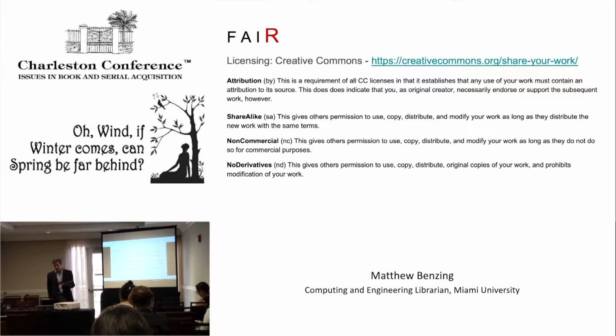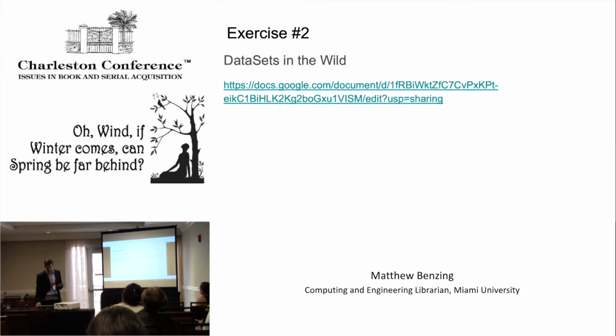You do need to approach your researchers when you're doing this data curation process. This is one of the important steps: deciding how the material is going to be licensed. There are 4 different versions of a Creative Commons license that have to do with the amount of control. Does someone want it to be completely open? Do they only want it to be used for non-commercial purposes? There are several different variations on this, so that's something that needs to be established.